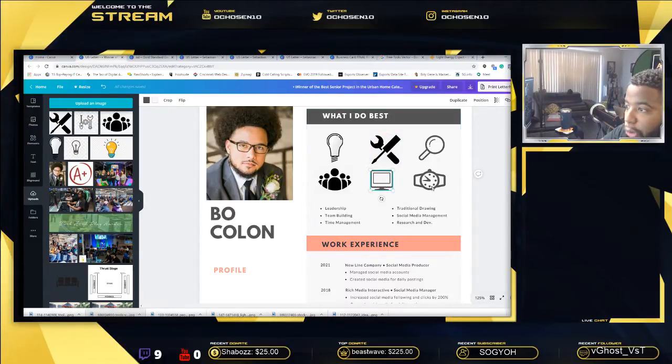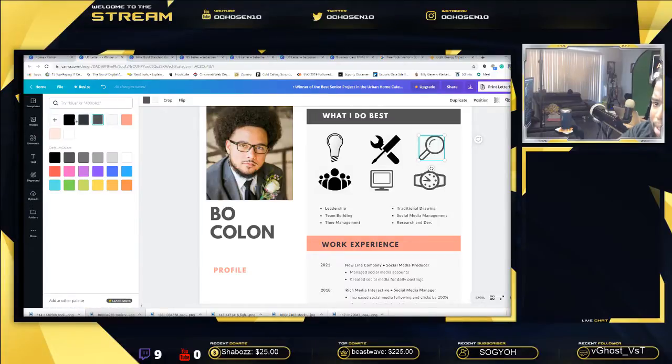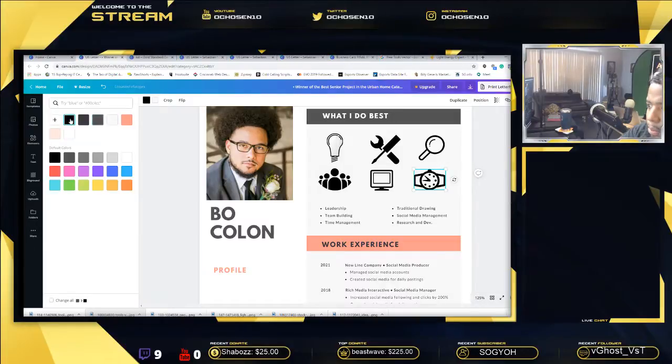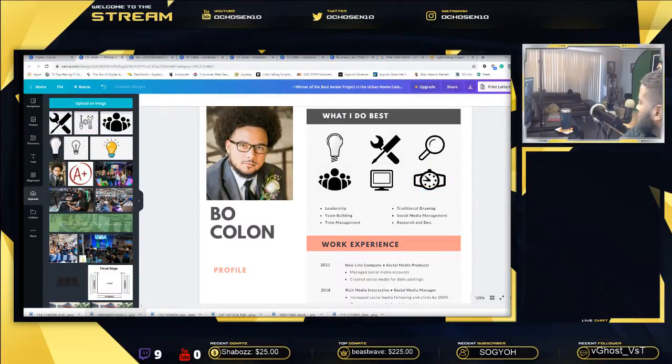I almost want to go get some other clip arts because this now looks a little wonky to me. How do you feel about it? I feel like if we turned everything black, maybe, right? Let's make everything black here. Boom. Feel better? I feel better. Do we like this text? Because it's Canva, we can change the text.